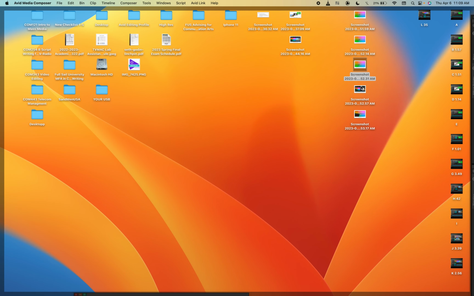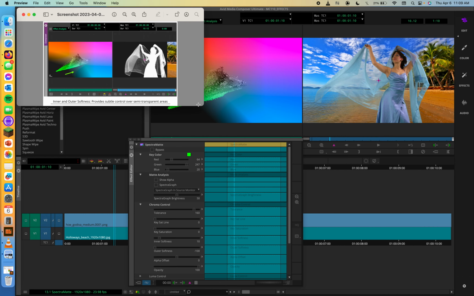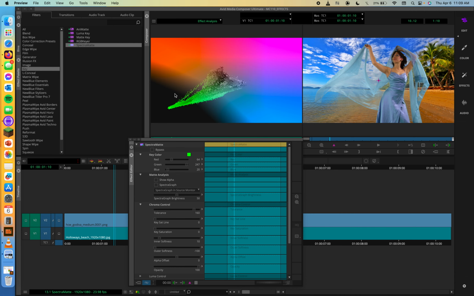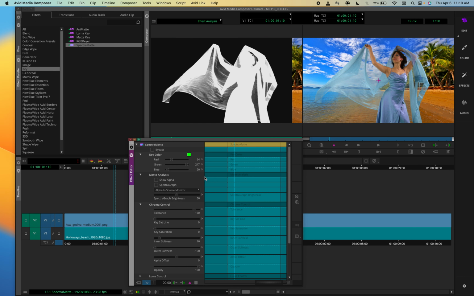Let's look a little bit at the reference image for this. So we can see again the darkness creeping in. Inner and outer softness provides subtle control over the semi-transparent areas. So that helps us so nicely. Once you've achieved a solid black background with our matte channel, so let's change back to our alpha. Once we achieve a solid black background,